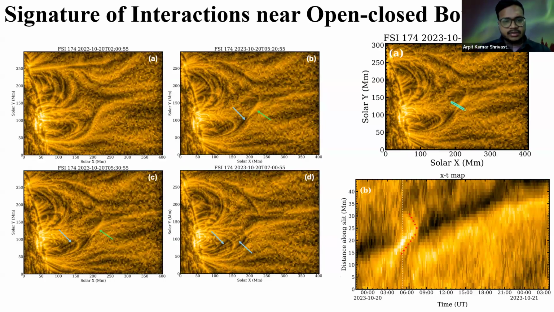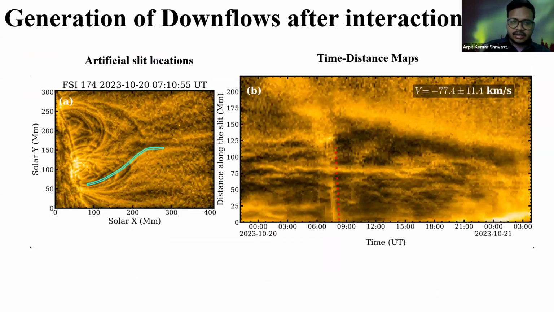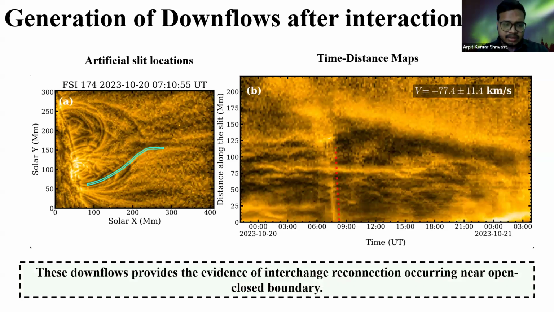And what we get from these interactions, if you take a curved slit along those downflowing plasma I showed earlier, you will see that there is downflow existing, and these downflows are coming after the interaction between those open and closed field line boundaries I've shown in the previous slides. These downflows provide evidence of interchange reconnection occurring near the open-closed boundary, but the only problem